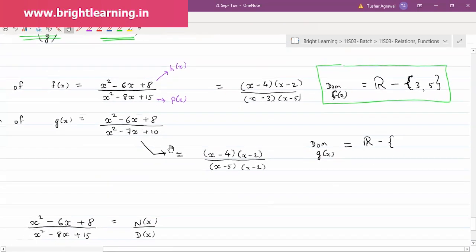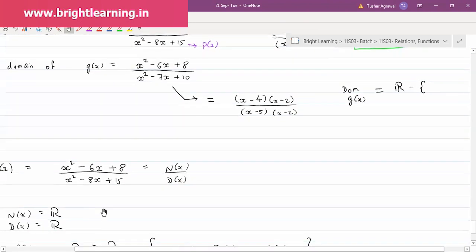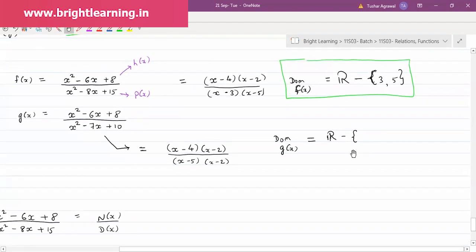Now the second one: x minus 4, x minus 2 upon x minus 5, x minus 2. R intersection R will be R only. Now the problematic point, should I cancel this? Should I write just R minus 5? Is this the answer? Or R minus 2 and 5, remove the point 2 also and remove the point 5 also. Is this the answer? Which one? So the correct answer is,